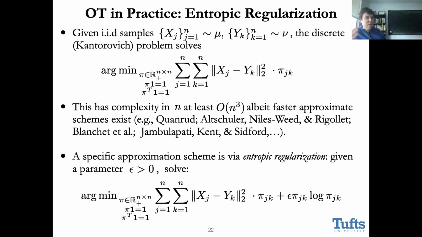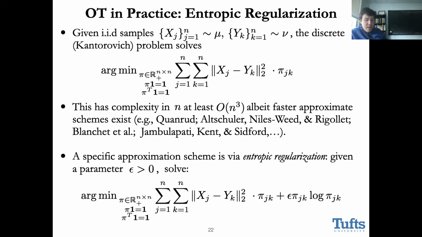I just have a very small number of papers I'm citing here. The approach that we took is the conventional wisdom in this community, as I understand it, which is to use the so-called entropically regularized form of the optimal transport problem, where instead of just solving this assignment problem, I penalize you if you don't have a diffuse coupling. So I'm going to add an entropy term to this optimization scheme with a balance parameter epsilon. I'm going to look for something that assigns efficiently, but also is relatively diffuse in its support. So this second term is going to prevent the coupling pi from concentrating too much.